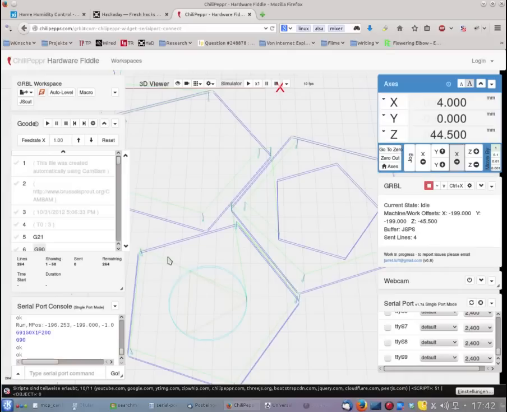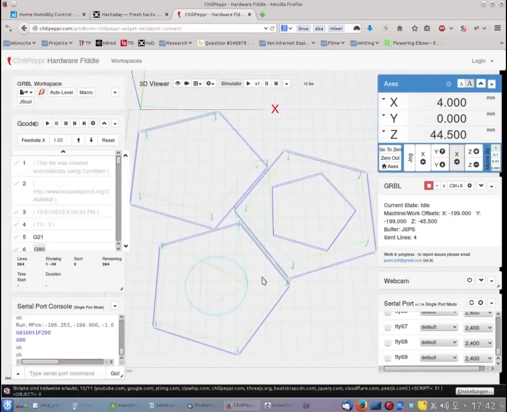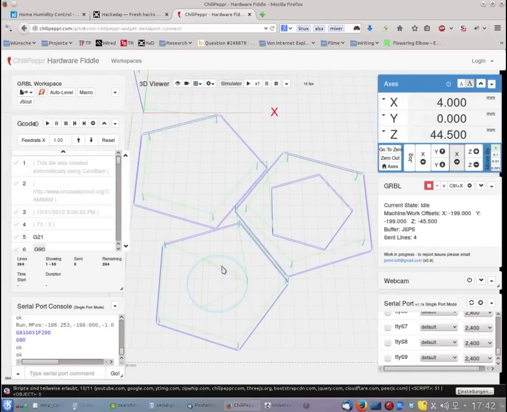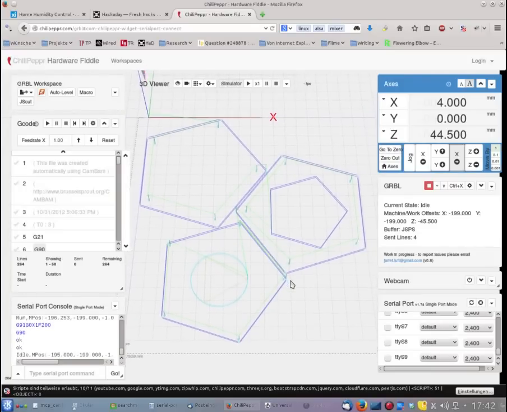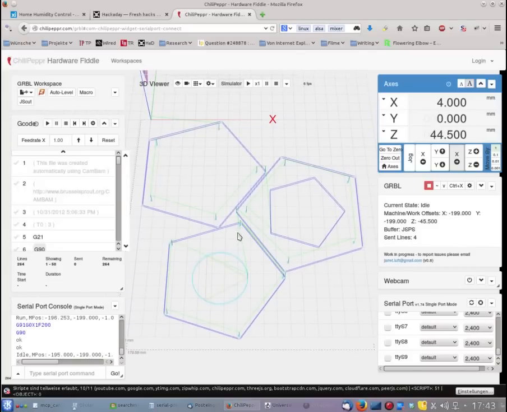You might have noticed I've got this pattern loaded from last time already, and it remembered. I had the whole tab closed, and just before I started recording, I went to the ChiliPeppr homepage, and it seems to have remembered what I loaded last time. But I'm not gonna mill this. I'll just pretend I want to mill it. And so first thing I would do is go down and lower my tool onto the workpiece surface,